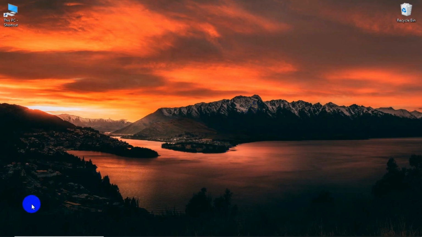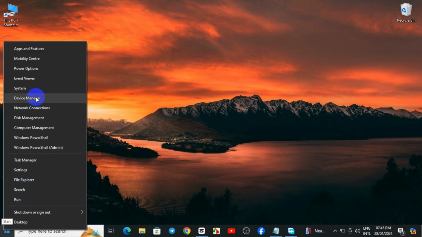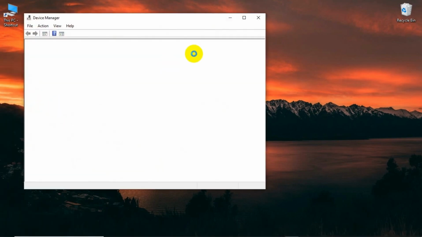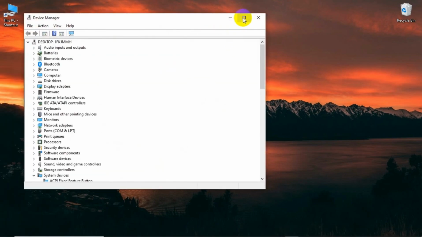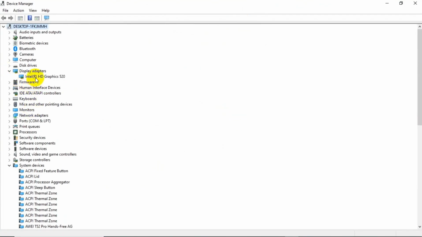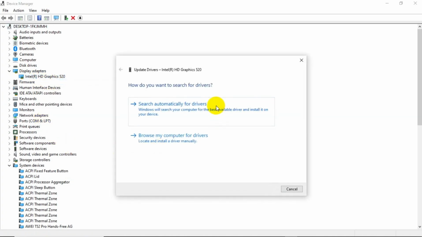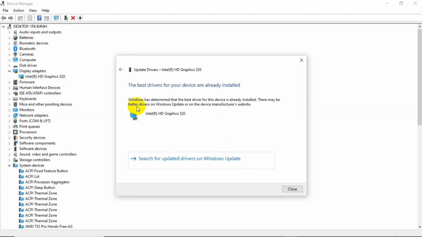First, we will go to the start icon, click on your right mouse button and go for Device Manager. After that, just maximize this, then come over to Display adapters and go for Intel HD Graphics 520. Click on it, then right-click and go for Update driver. Search automatically for drivers, and if it says the best drivers for your device are already installed,